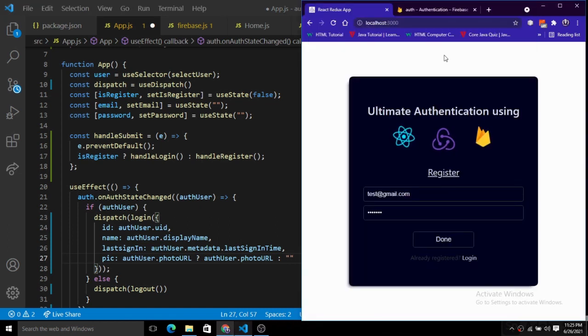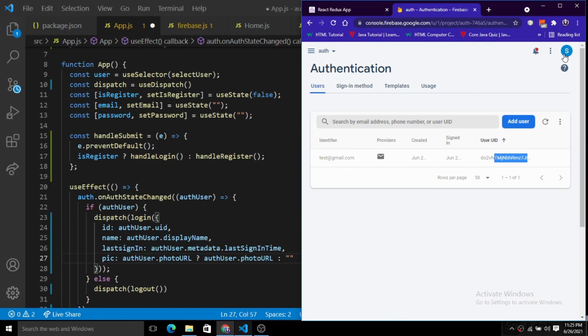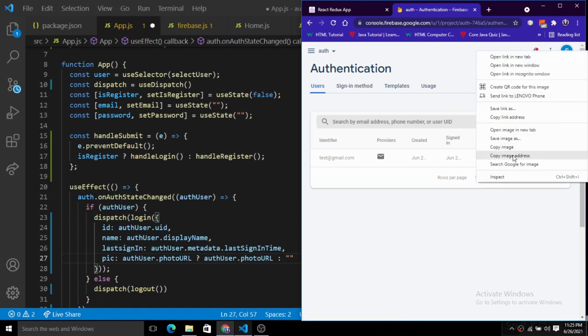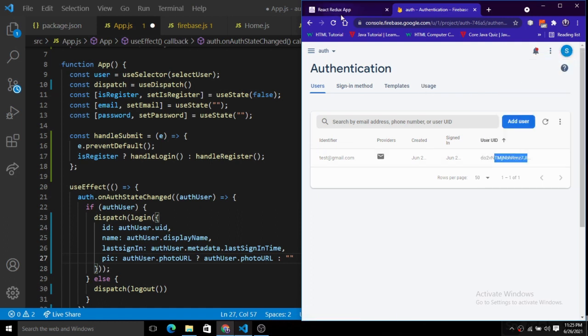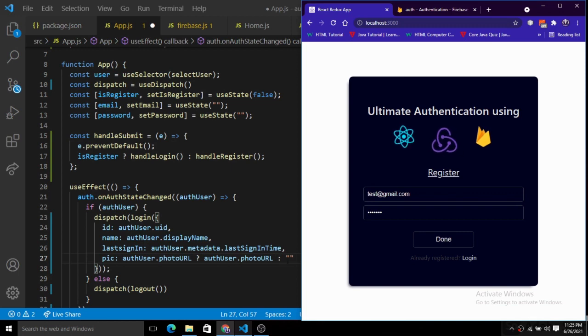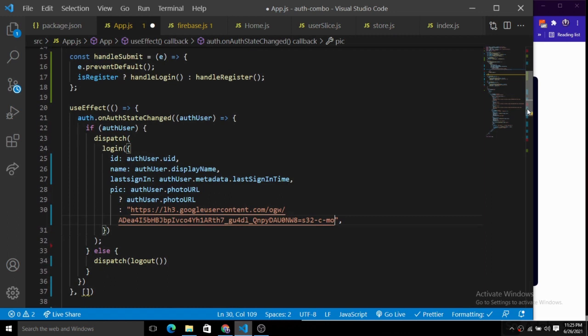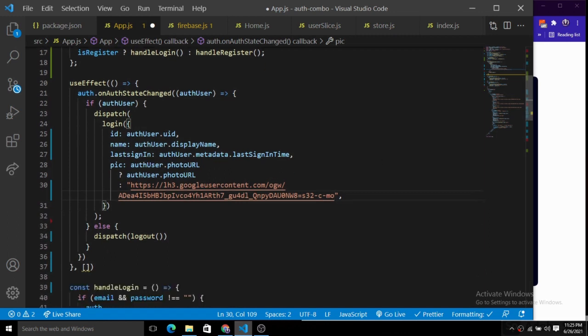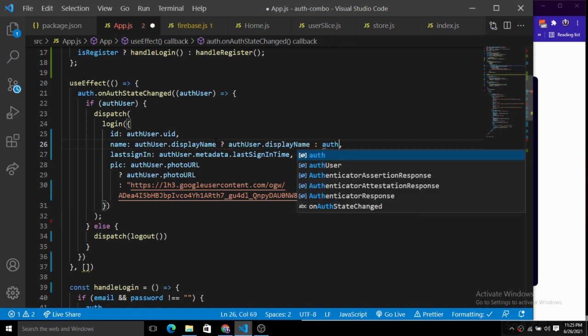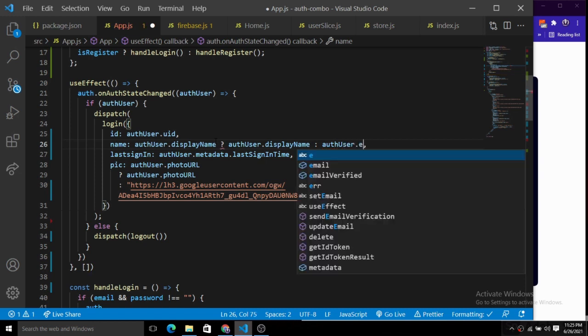So let's copy the image address. I'm just going to add this for the sake of now. And the display name is here. If we have this display name, then add the display name. Otherwise we just use the email of that user.